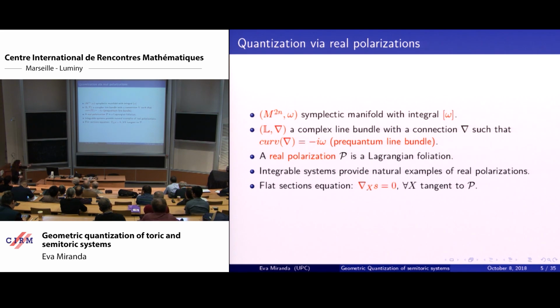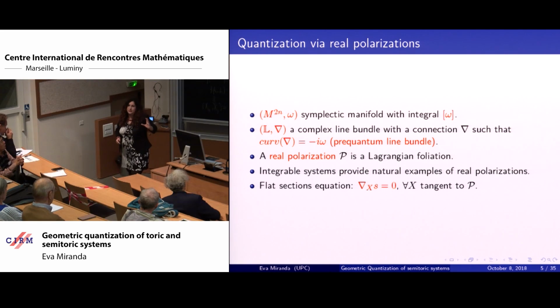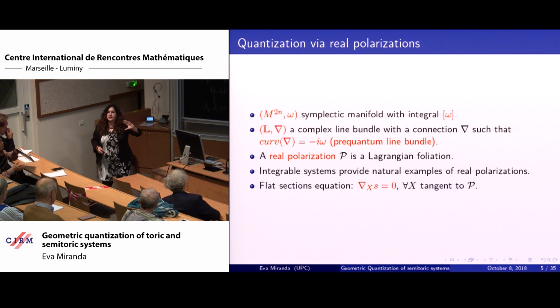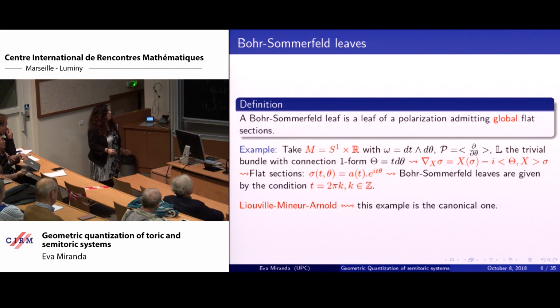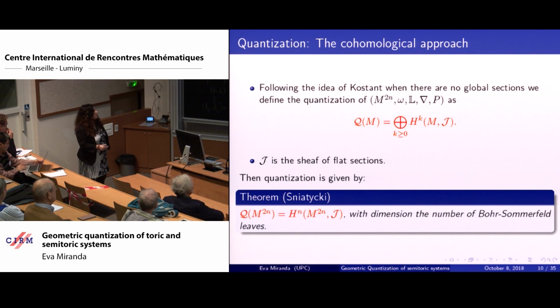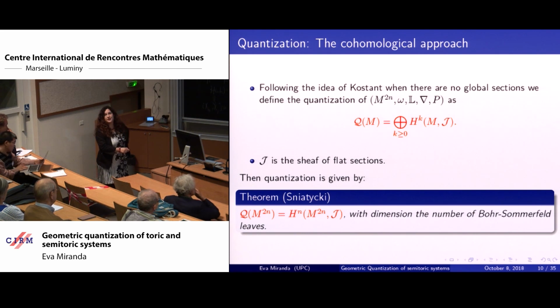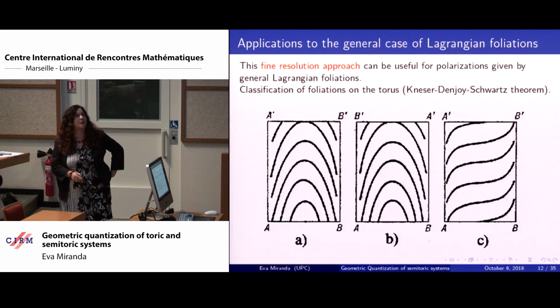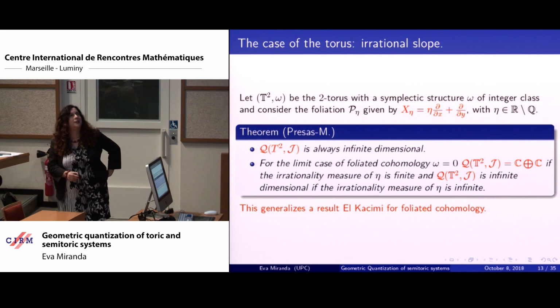So I assume I have the line bundle fixed, and I assume I have my polarization fixed. With this data, I can define this Kostant complex, and I define the quantization as this sheaf cohomology, okay? The notation, it's possible that I change it here. Here I put the quantization and I didn't put the J, but there is a J behind. Maybe I could just simplify my notation, sorry.